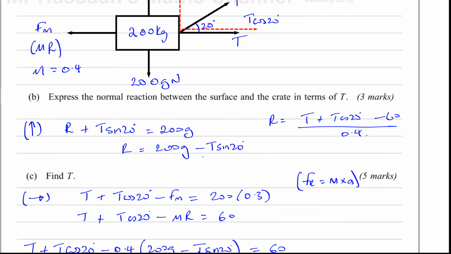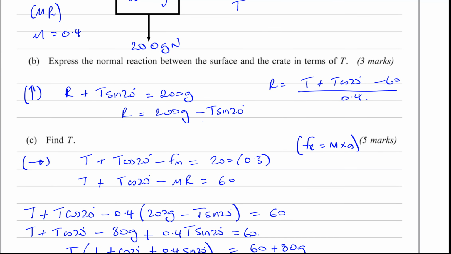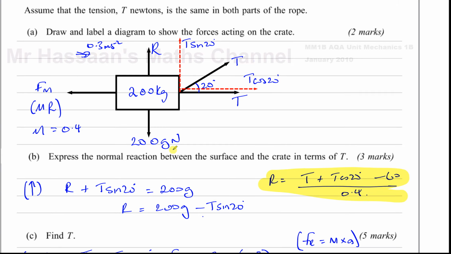So basically, as we mentioned in the beginning, I would say to resolve this dispute that this is something that is doing the job of expressing R in terms of T. It's not what the examiner intended. They intended you to resolve vertically, but technically you are expressing the normal reaction force between the surface and the crate in terms of T. So I don't think it could be marked wrong. I think it would be unfair to mark it wrong,